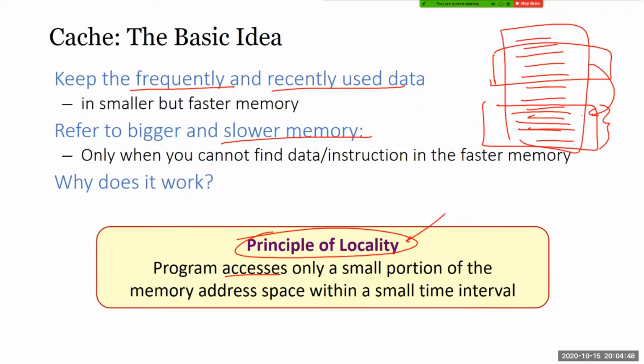If you don't have this locality, then this cache will not work. Because imagine your library, the books are all randomly arranged. How do you know that these 10 books that you pull from the shelf are related? Then no use. You pull 10 books, none of them can be used later on. You can find yourself walking back and forth to the bookshelf. So that will be quite pointless.